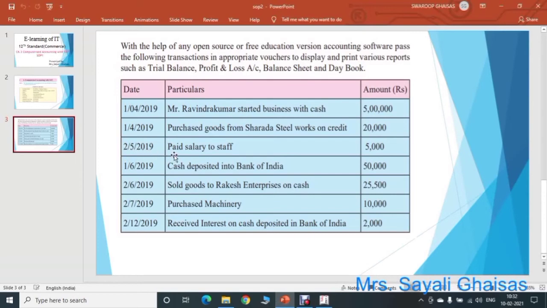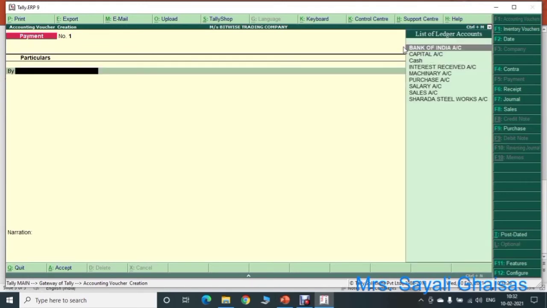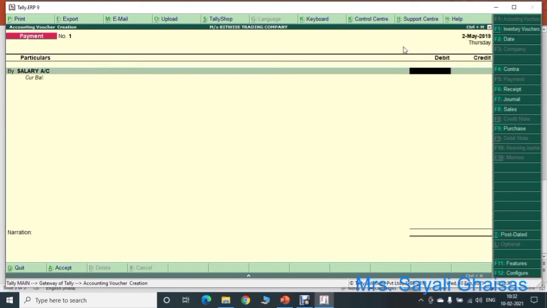2nd May 2019. Okay. So add here that entry to 5/2019. Okay. Then here by salary account, and the amount is 5,000.